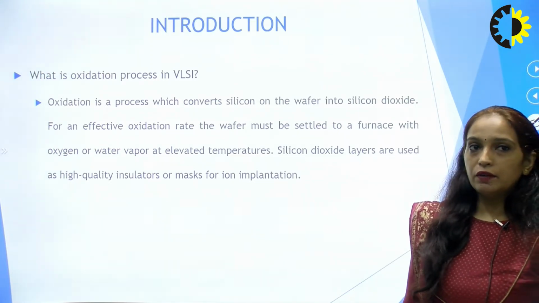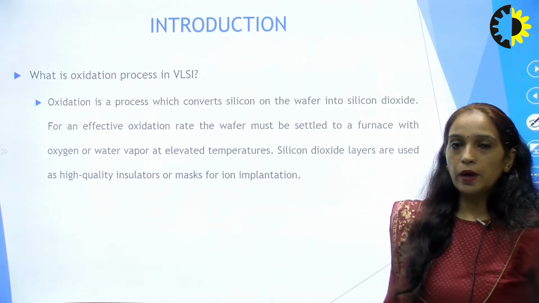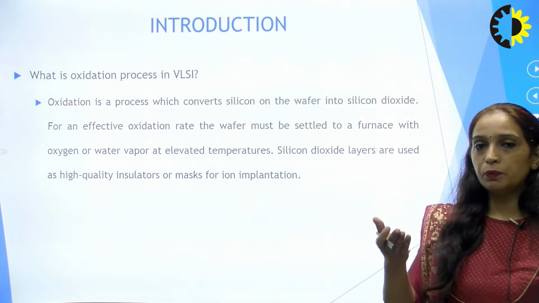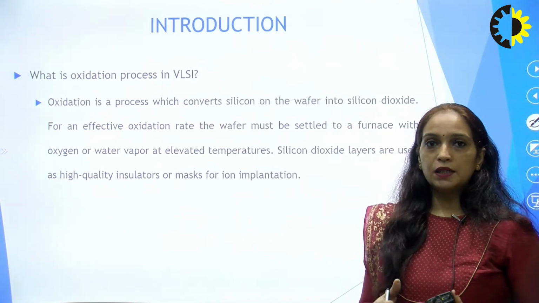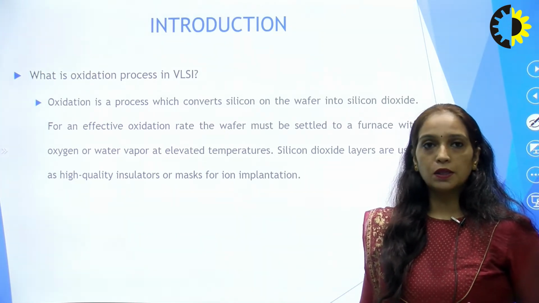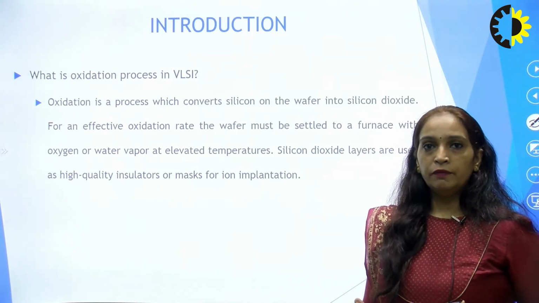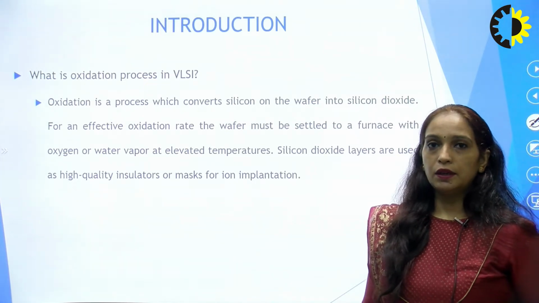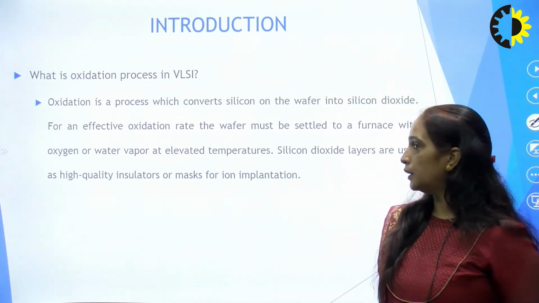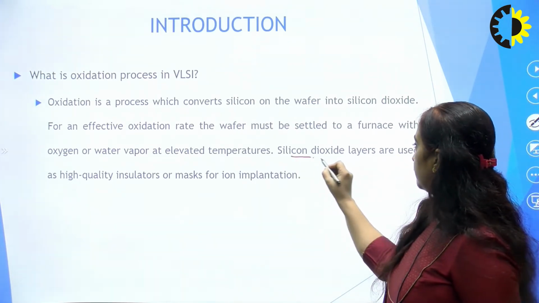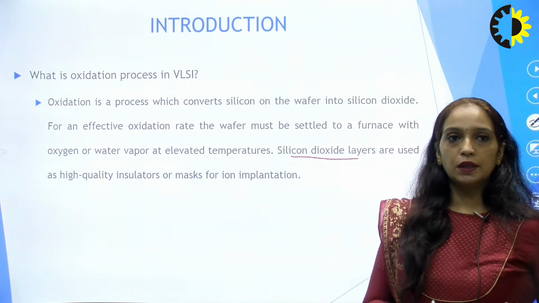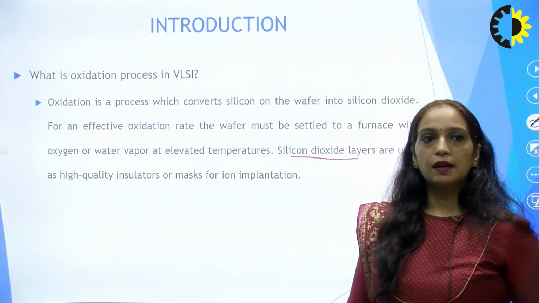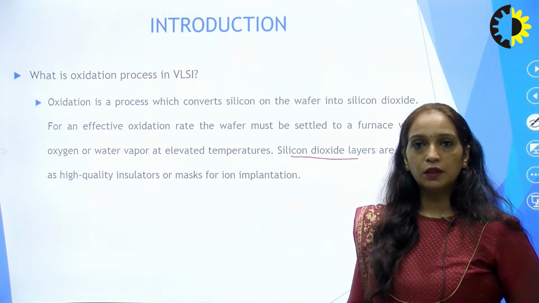For an effective oxidation rate, we put the silicon wafer into the furnace, provide some water vapors or oxygen, and increase the temperature. With the help of reactions we will have a silicon dioxide layer grown over the silicon, which acts as a high quality insulator or mask for the ion implantation